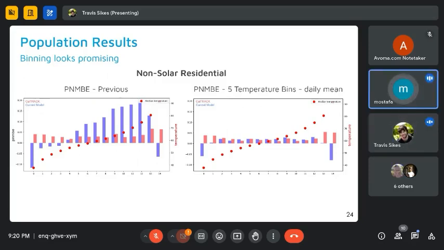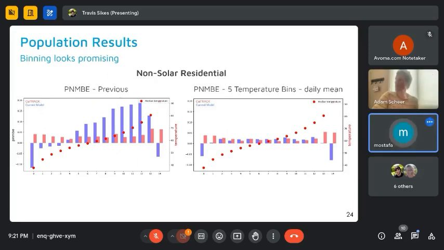So my understanding is by having the temperature bins, you are introducing the independent variable, which is the temperature, to that autocorrelation. And I'm expecting to get a good result as you do. For the solar residential, if by adding the temperature bin, the result is not as good as the improvement for the non-solar one, probably you need to introduce the GHG bin as well, similar to the temperature, to get a better result there. And so on and so forth, like introducing multiple bins.